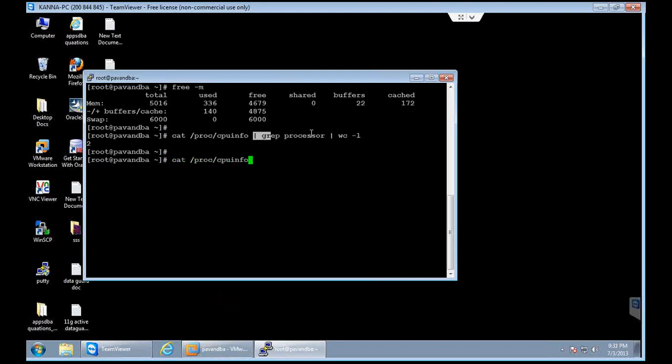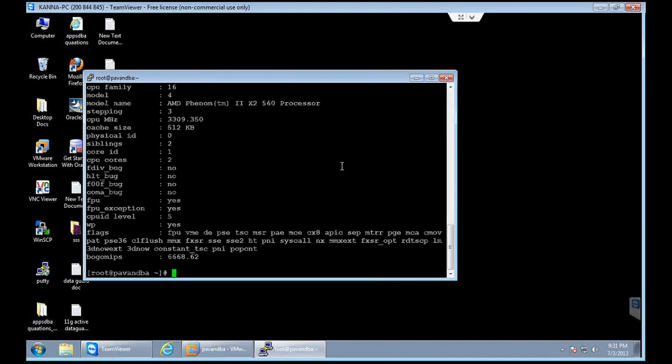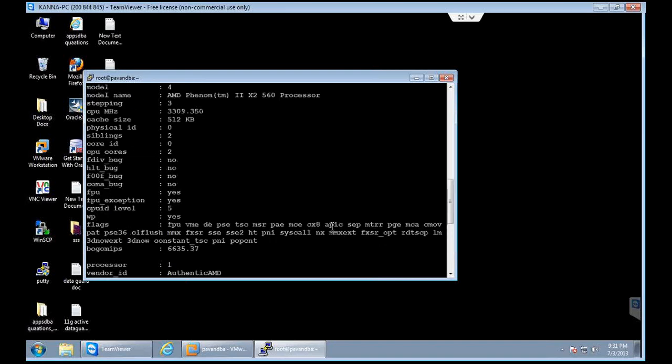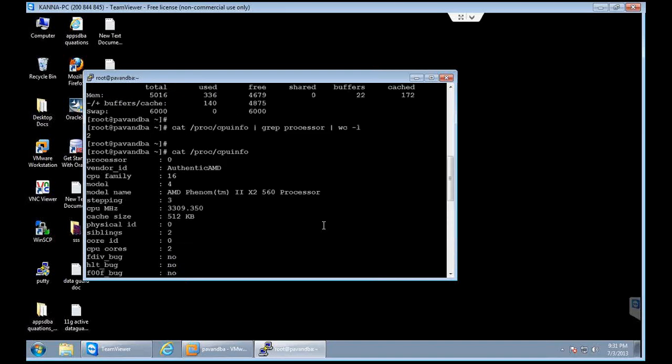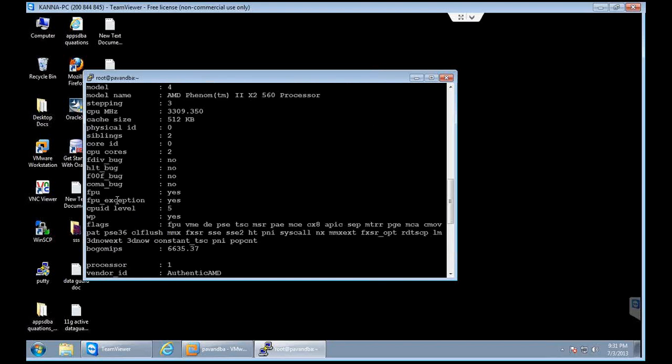You are not going to use these extra options. You just type cat /proc/cpuinfo. Then it is going to show you the CPU cores.